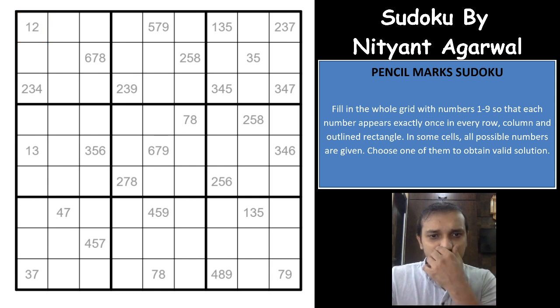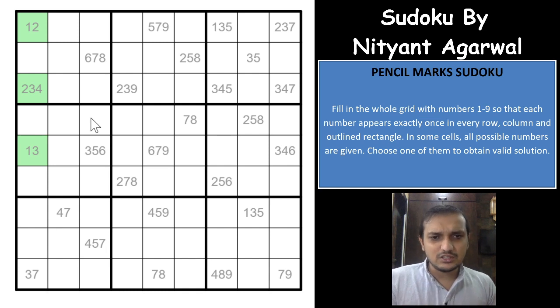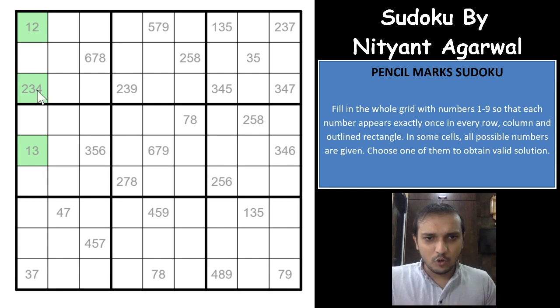So now coming on to this Death Blossom technique. Death Blossom technique works with almost locked sets. What do we mean by almost locked sets? That is nothing but when you have a number of cells, for example 3 cells, and the candidates inside those 3 cells are n plus 1, where n is the number of cells. So you have 3 cells, which is n equals 3, and the number of different candidates within these 3 cells is n plus 1, that is 4. If you see here 1 2 3 4, there are 4 candidates inside these 3 cells. So that is called an almost locked set.